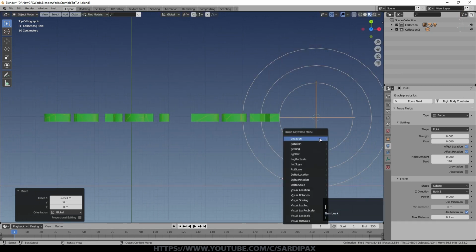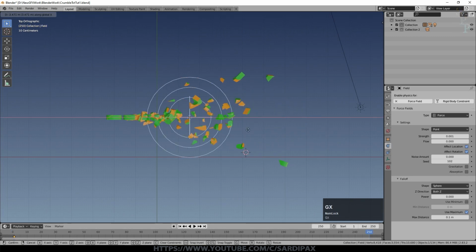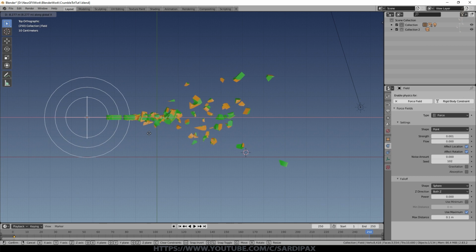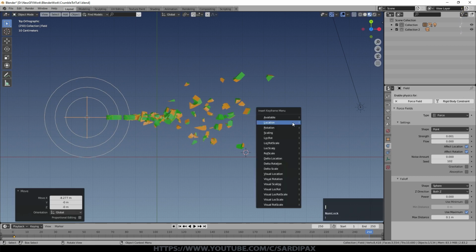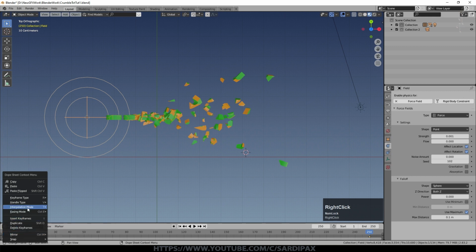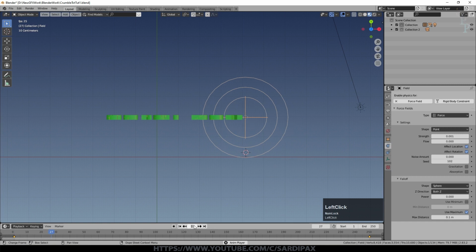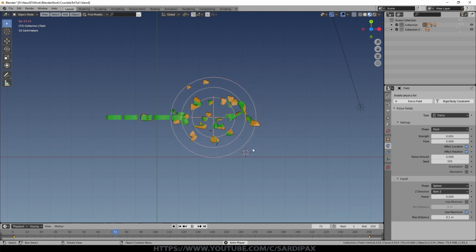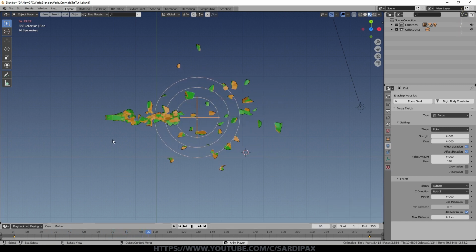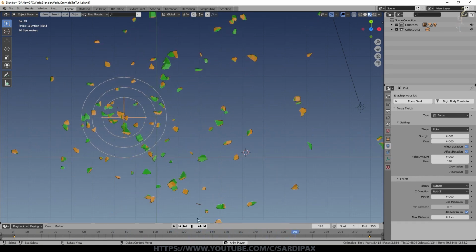So what I'll do at this point is I'll move my force field to there and press I and select location. Then we'll go to the end of the animation and put my force field somewhere like that. Press I and say location. And I'm going to right click there and just say interpolation mode linear. So if I press play now, you can see the force moves across, and as it does so, it starts to kick off the disintegration of the text.